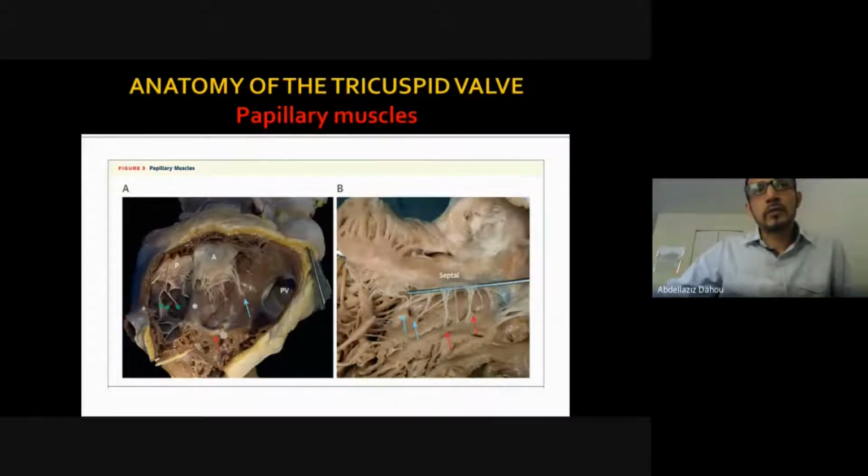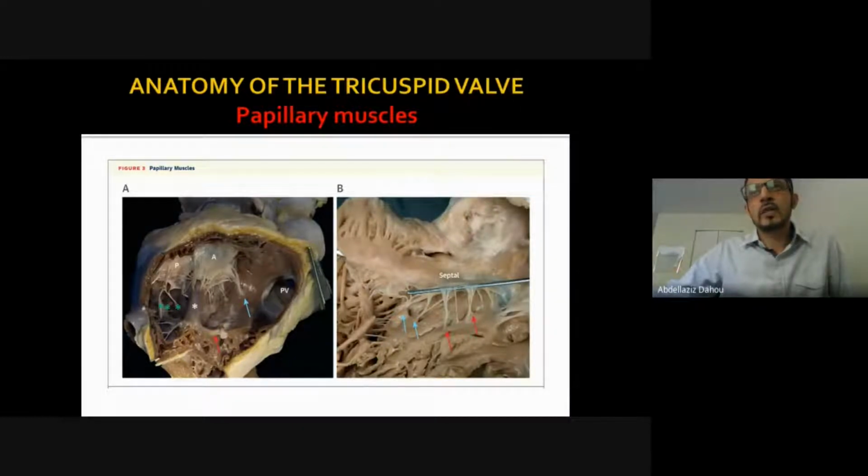For the posterior leaflet here with the three, you can have 2 or 3 papillary muscles, and they can provide support to both the posterior and septal leaflet. And you can have accessory papillary muscles, especially for the septal leaflet. If you look at the septal leaflet on the right side, you may have small papillary muscles, and you may have direct insertion on the septum, and this has an impact on the pathophysiology,